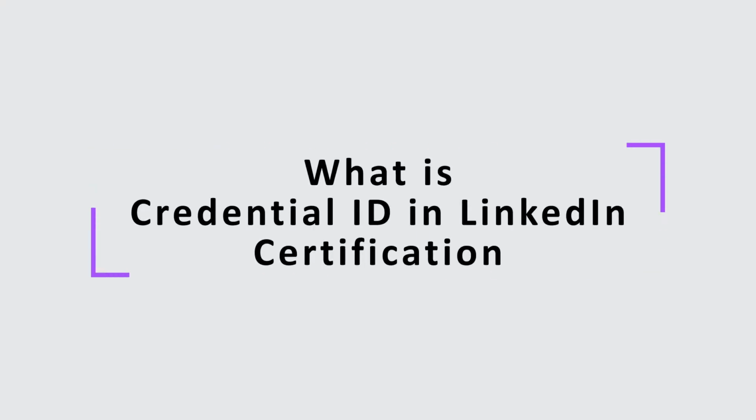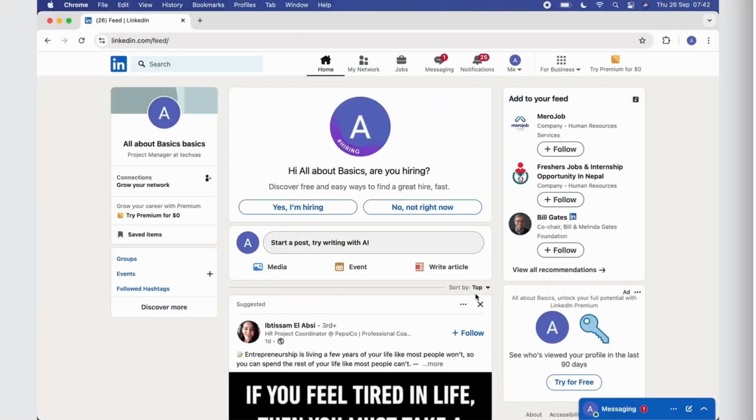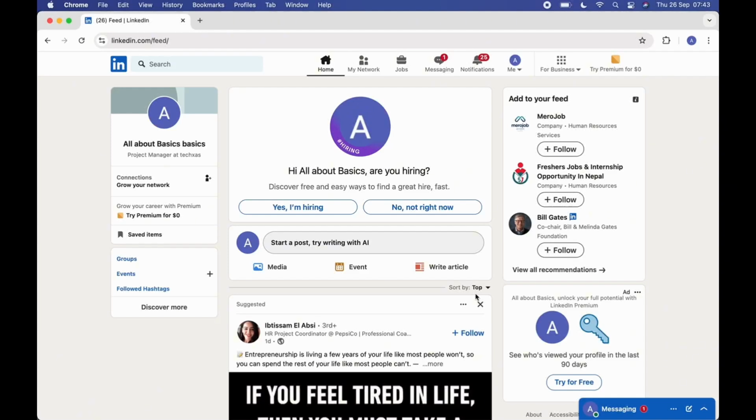What is Credential ID in LinkedIn certification? The Credential ID is a unique identifier assigned to each certification you earn through their platform. It's used as a reference number to verify and identify your specific certification. This ID can be useful when you need to showcase your certification or when potential employers or others want to